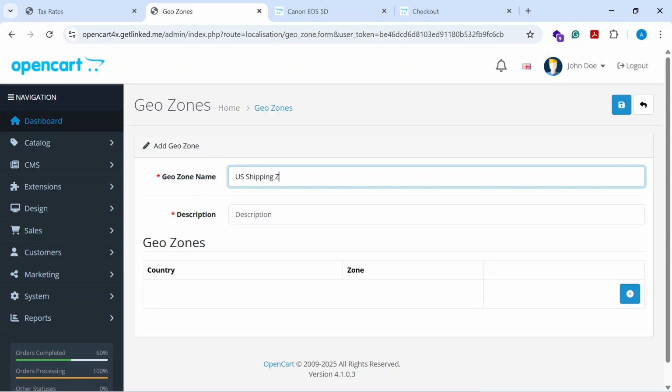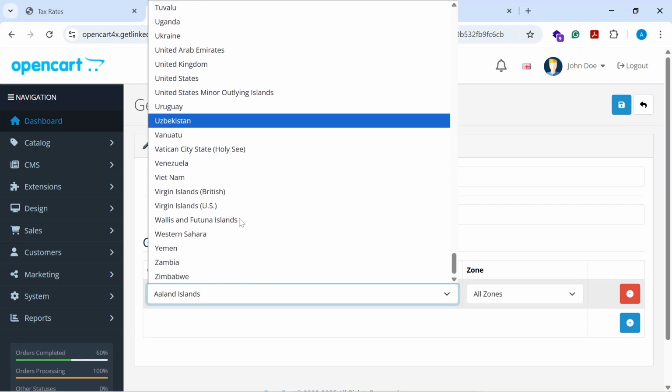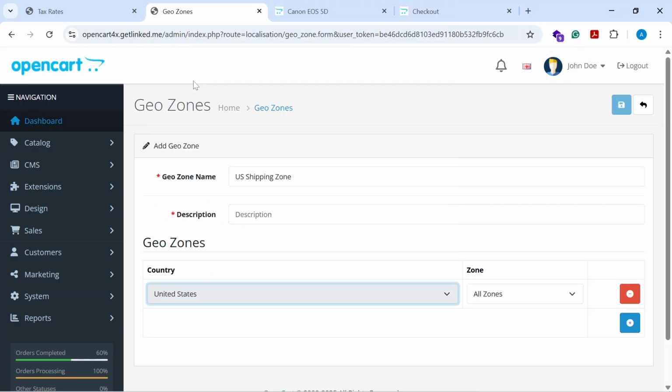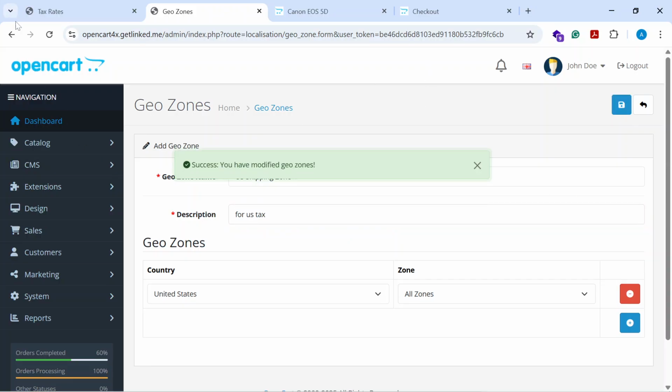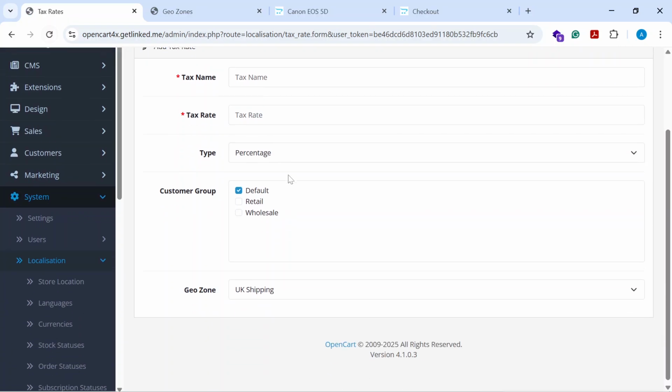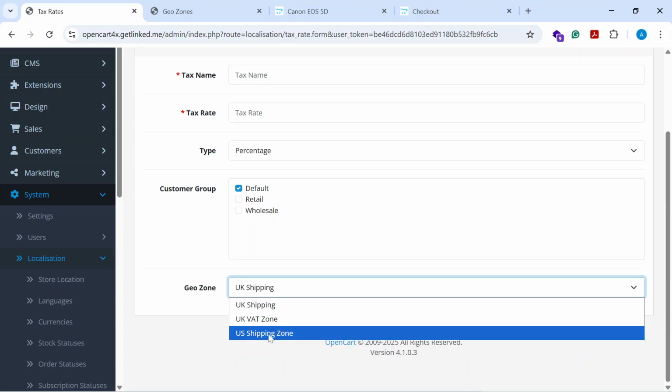Your shipping zone. So this will apply to which country now? In this case, it will be the US. Okay, so it will be the United States. Then you just save. Okay, you need to give a description. So for US tax, just keep it simple for now. Then now when you refresh right here, you'll be able to see that we now have US shipping zone as